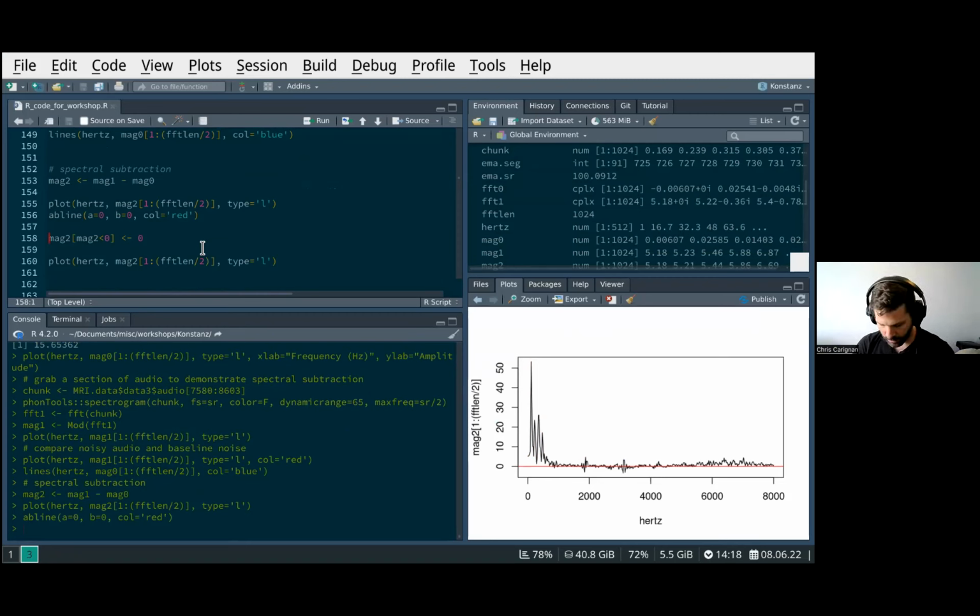Well, this is where you can already see spectral subtraction in theory seems like the solution to all of the world's noise problems, right? We just subtract one from the other and you're good to go. Well, we've already come across one issue, which is that it's actually really difficult to properly estimate the noise profile. And the other issue, I guess related to that, is that when you do the spectral subtraction,